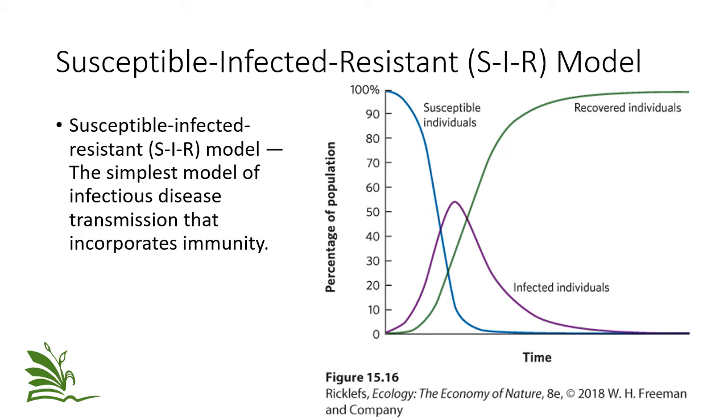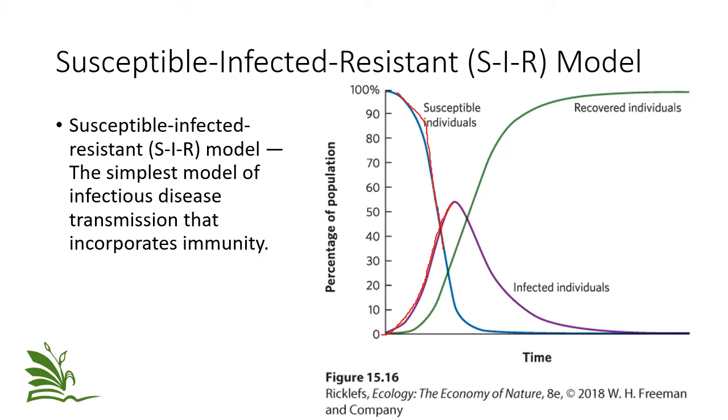All right, so let's imagine there's a population that has never been exposed to a particular disease. You could imagine this might be COVID a year or so ago, 2 years ago. So most of the population has not been infected before, and so we're all susceptible. 100% of people were susceptible. And as people become infected, which will be described by the purple, you can see that the number of susceptible individuals declines. Now, as this goes through the disease dynamics, some infected individuals will become recovered, and some